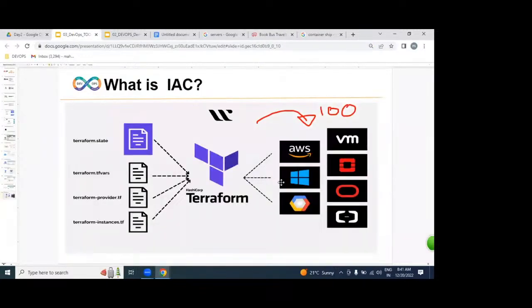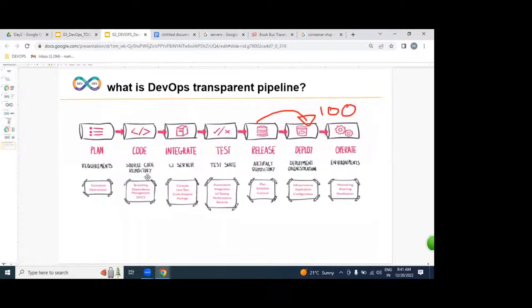And we're going to learn Terraform. Terraform is a cross-cloud platform. By using Terraform, we can create servers on any cloud, either Azure, Google, or AWS. So these are all the tools we are going to use to implement the DevOps process.